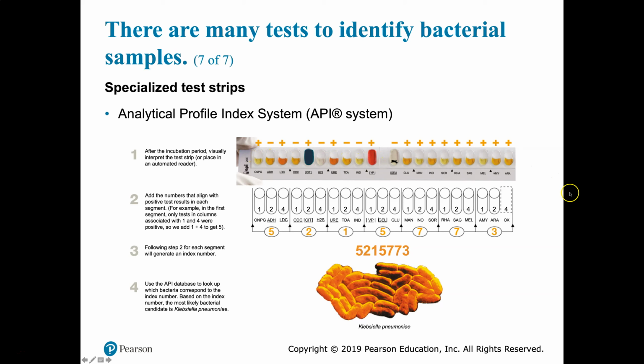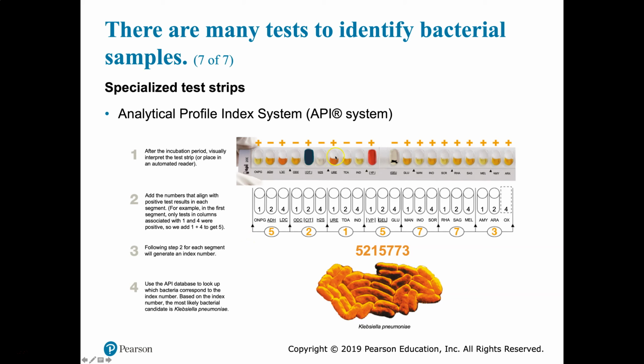As you pull it through with the sample, it inoculates every single one of these little chambers. You then put this in an incubator for 24 hours or so, and then you come back and you look